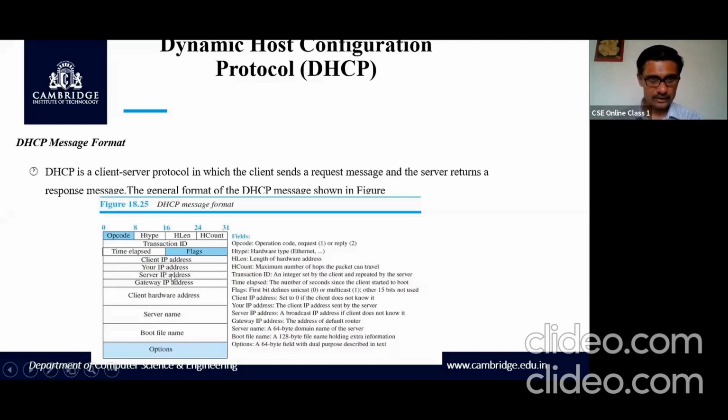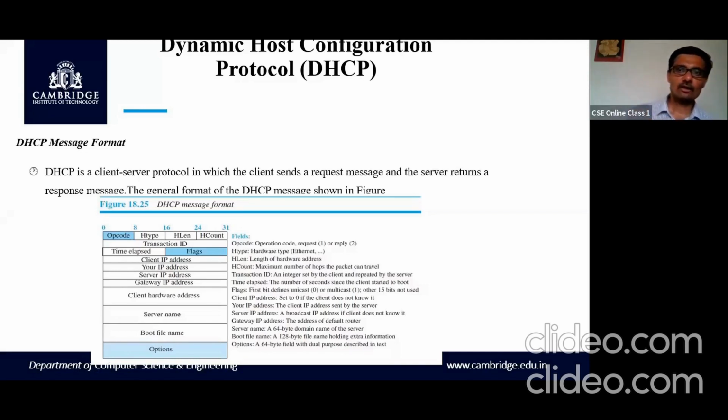Server IP address, which server is sending that? That is the different one. So there will be multiple servers in that case, to identify the server. Then gateway IP address, the address of the default router. In some cases, packets or messages will pass from one domain to another domain, like from wireless to wired, or wired to wireless, or wired to Bluetooth, Bluetooth to wired, or wired to wireless to Bluetooth, something like that.